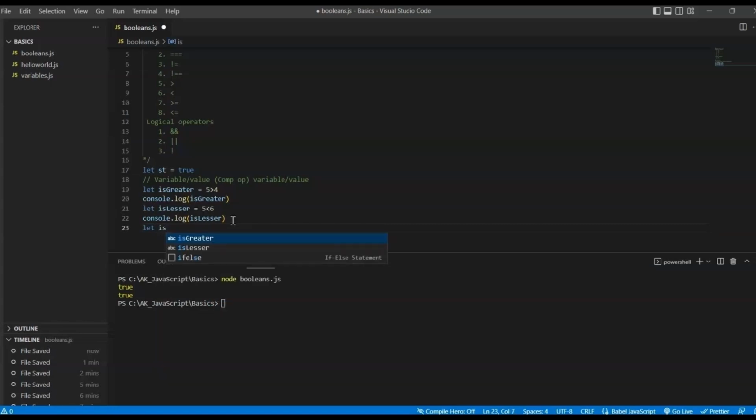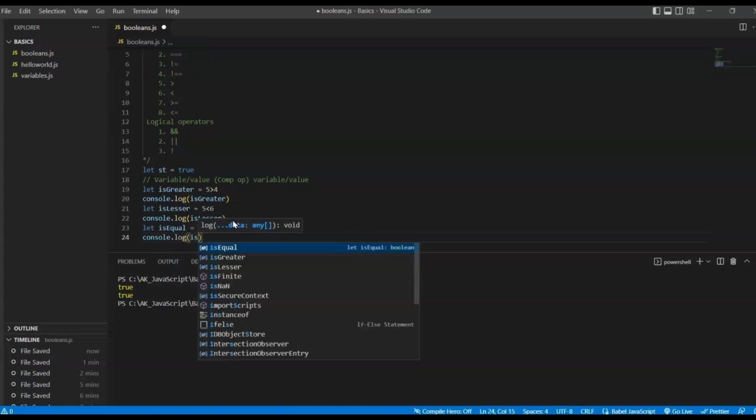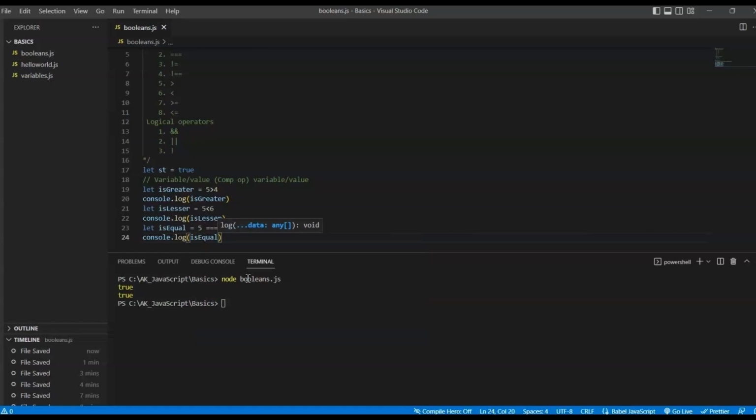Is equal, 5 triple equal to 5, and let's print the result to the console. console.log is equal. Save the program and run it in the console again. Yeah, now you can see three trues are printed to the console, which are coming from is greater, is lesser,